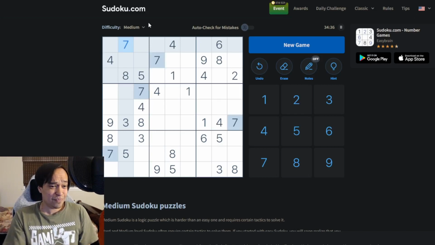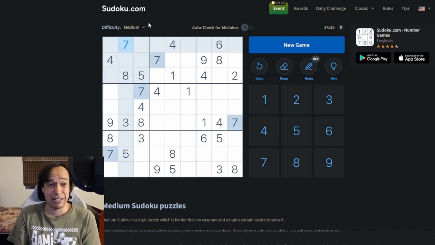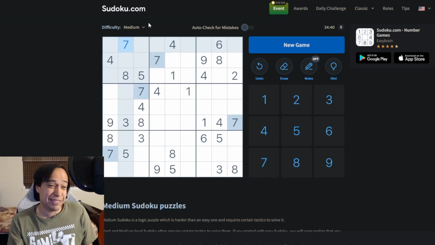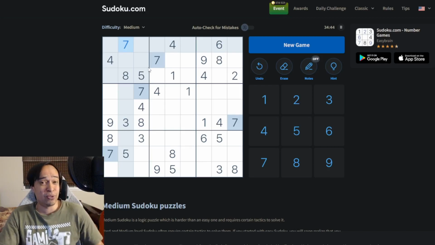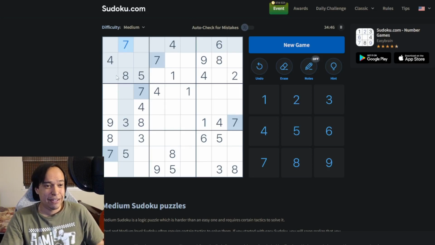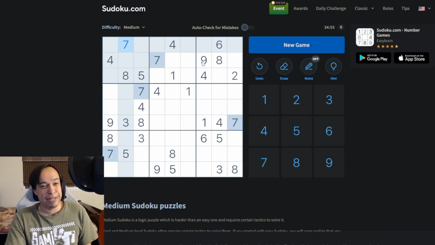But again, it's not letting me know that's wrong, so that's how you can tell. And again, we already know that we're right because the 7s they already placed previously already let us know that. And so that's how you figure out numbers, and you can use that 7 to figure out other 7s. For instance, this 7 eliminates the 7 in this row, which means it's not in those 2 squares. This one that's already there at the start eliminates it from that square, which means the 7 is in this